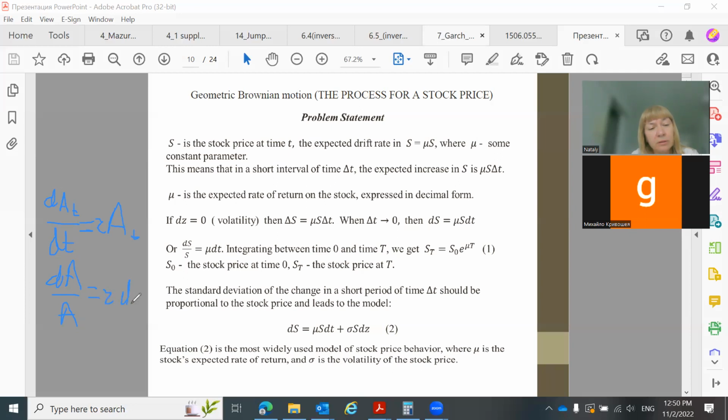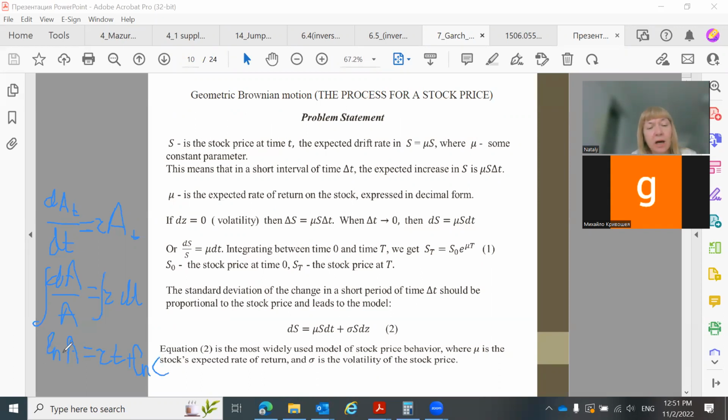R dt. And after that, we can integrate both sides. So on this side, it is the natural logarithm ln A from t, at, and this rt plus ln C. Constant, no, constant C or ln C,